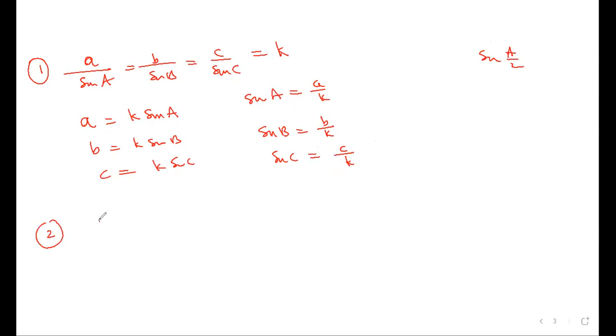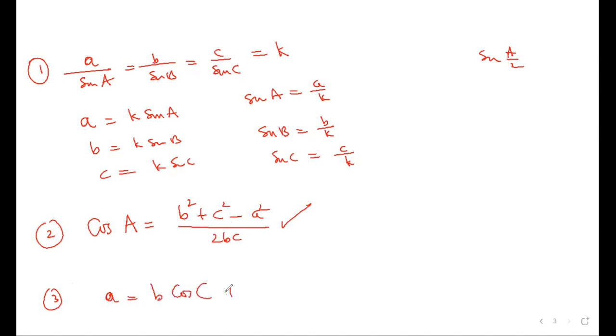Second, cosine rule. We will not go too much into that part. We will solve the question bank. Whatever is in the question bank, that is what matters. Very simple method, don't take tension. That's why they give a question bank, because of the confusion. Cos A is b square plus c square minus a square upon 2bc. This everybody knows, no? What is the projection rule? Small a is equal to b cos C plus c cos B.